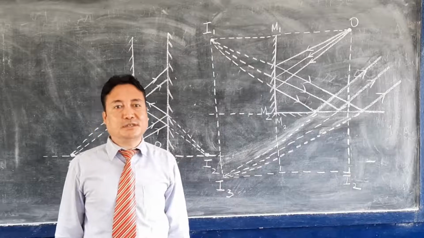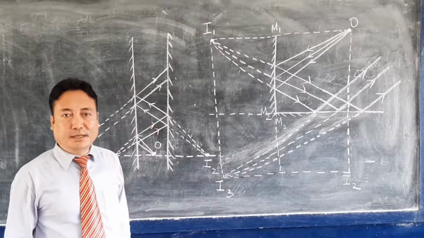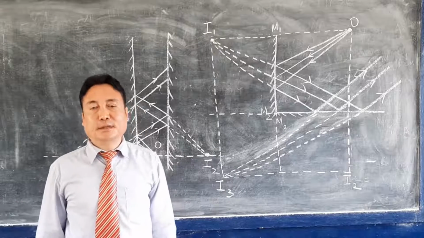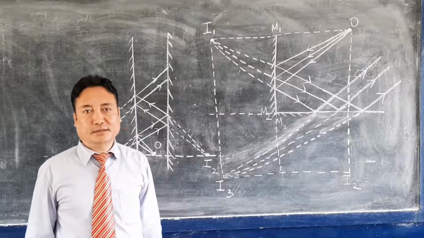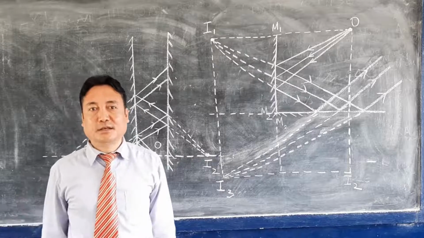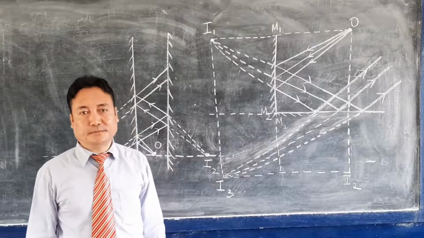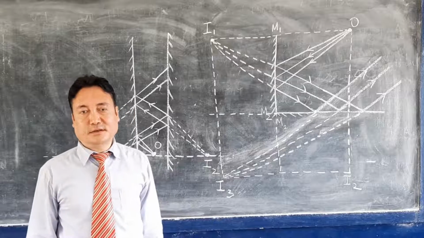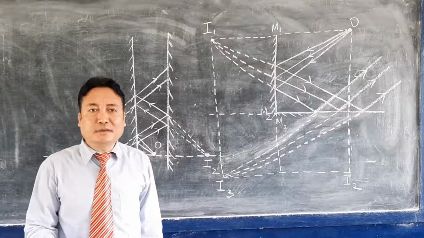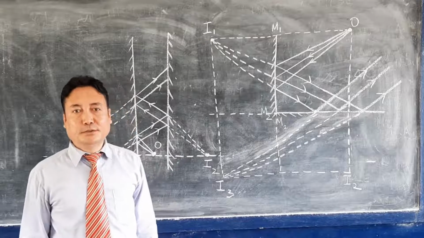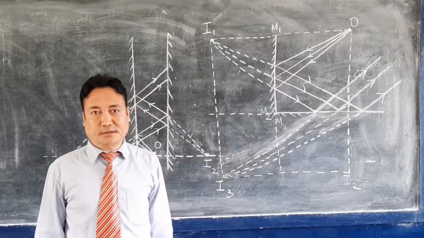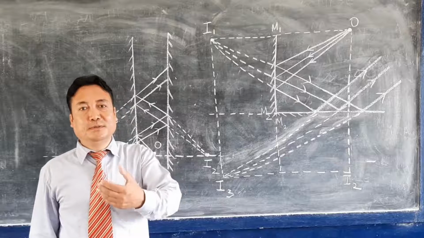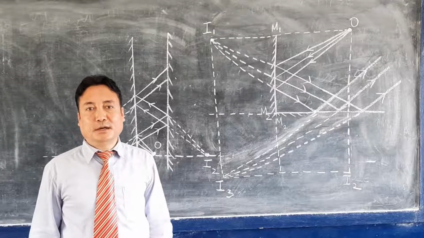Now let us discuss the first thing. The first point is to find the number of images when the mirrors are inclined. When the two mirrors are inclined, so when we go to the barber shop, you will see a number of images of yourself. And this number of images can be seen due to the multiple reflection by the mirror. So in that case, the object will be between the two mirrors.